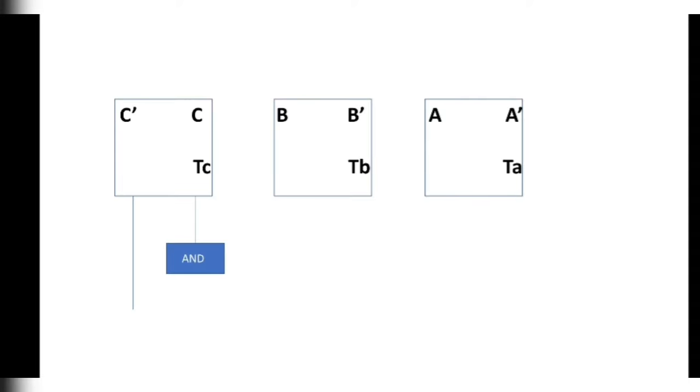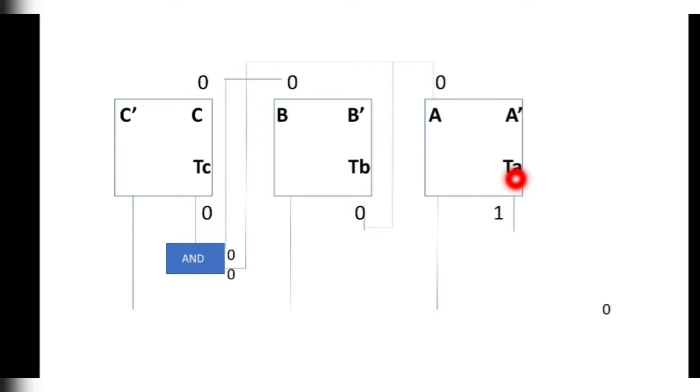Now coming to the synchronous counter, you have 3 boxes here. See, I'll make the connections first. This is a synchronous counter of T flip flops. Now what does a T flip flop do? It will change the value, meaning if T is 1 here, it will invert this value. If it is 0, it will become 1. So what will happen here? See, initially C, B and A are 0 0 0, so it will be 0 0 0. This is synchronous because this is the clock and it is connected to all of them together.